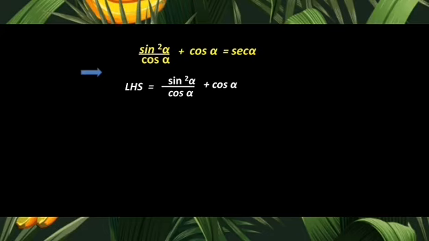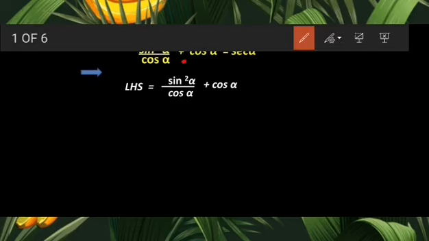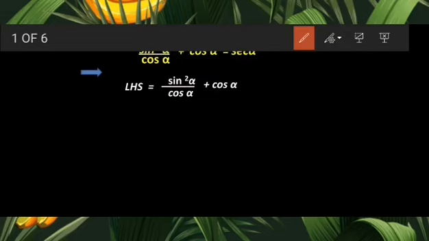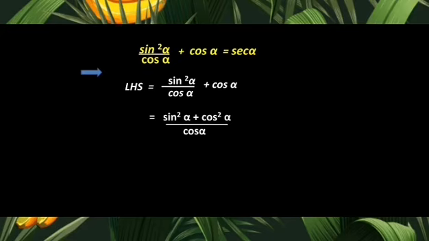On the screen, if you observe the question, in the LHS you will come to know that we have one fraction and next to it we have a normal term. Sir taught you the LCM method. If you are not familiar with the LCM method, then you should go and watch part 2 of trigonometry, where I have explained it in detail. Presently we will use the LCM method, in which we multiply the denominator with the numerator of the other one, and we get sine square alpha plus cos square alpha the whole upon cos alpha.